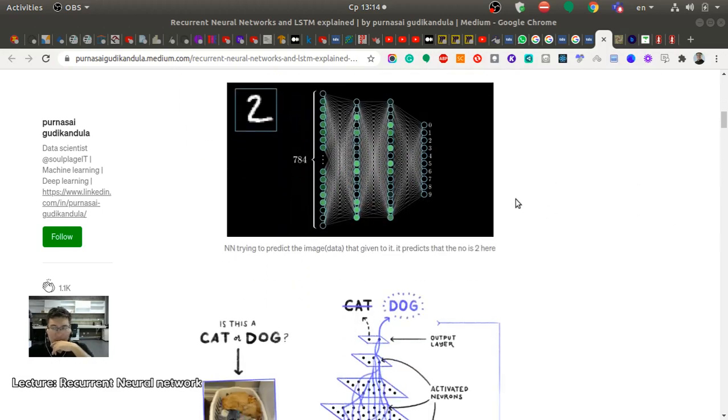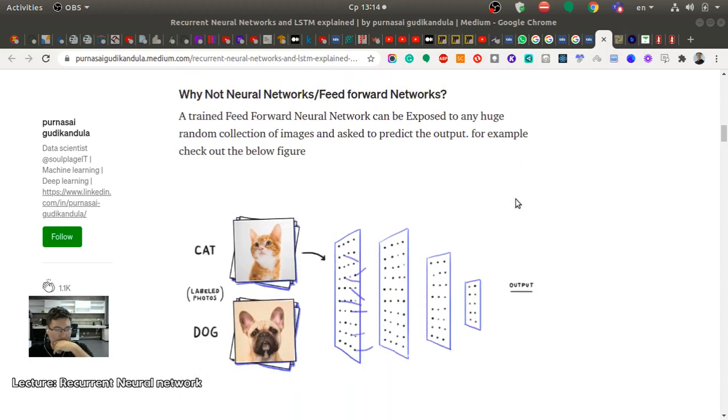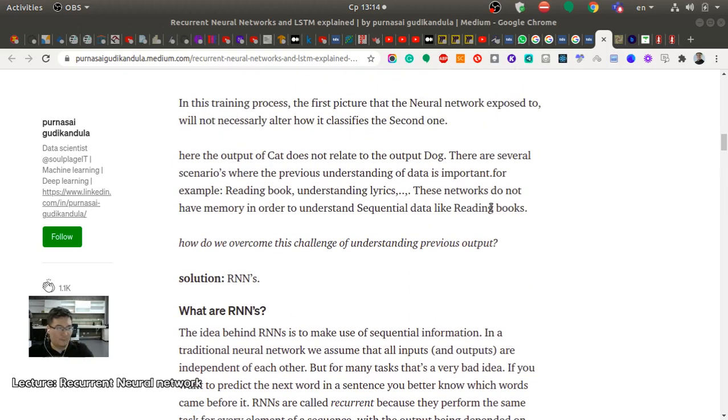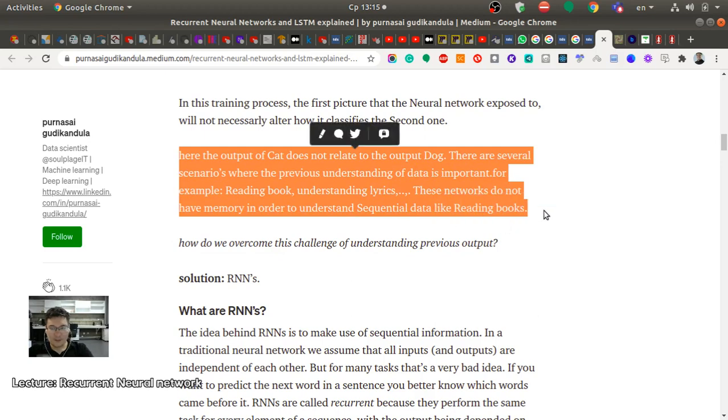So what is the problem? Cat, dog. There is a special case here where the output for cat doesn't relate to the output for dog. So if you put cat and then dog, it doesn't matter. But there are several scenarios where